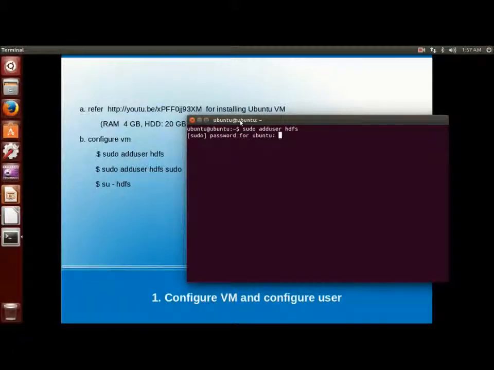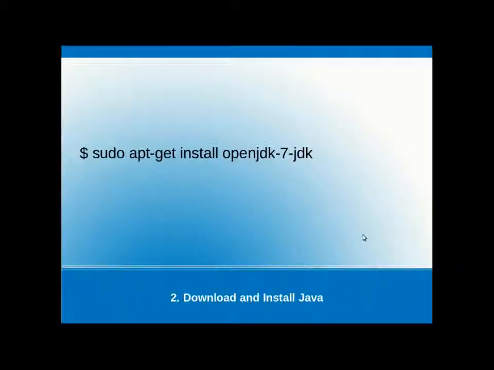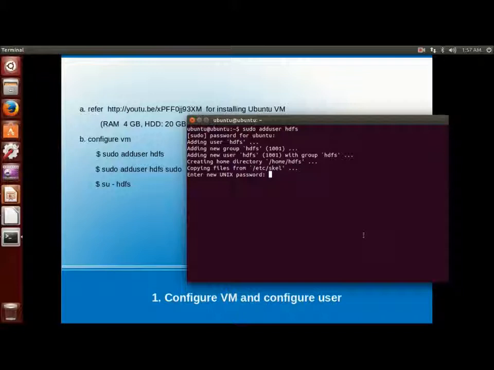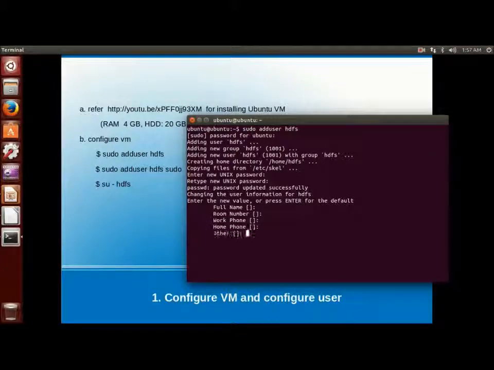Sudo adduser HDFS, it will be creating the user, and it is asking for the password. Password can be set of your choice, and these are not mandatory: full name, phone number, and all those things. So give y.